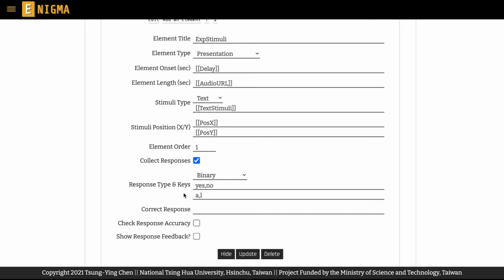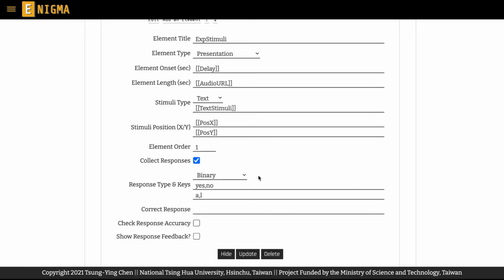Once you click the Collect Responses box, you will see additional settings you may want to change as well. First, in response types and keys, you can choose between unary, binary, and 7-point Likert scale responses. Based on the response types you choose, you have to provide the corresponding response text prompts and keys in the second and the third column respectively.